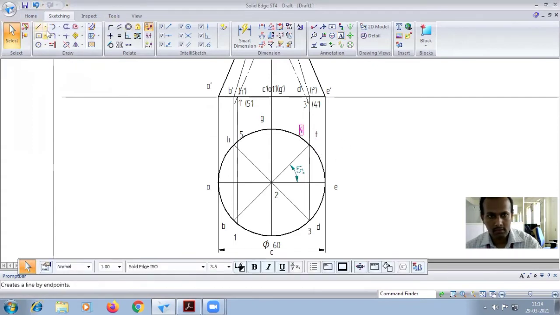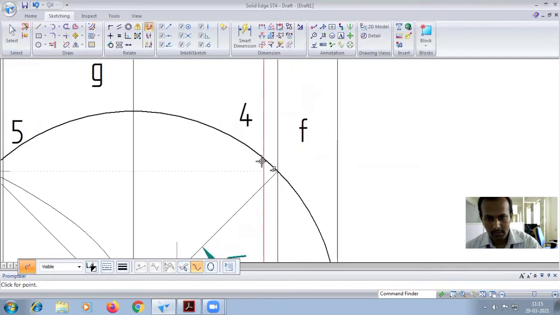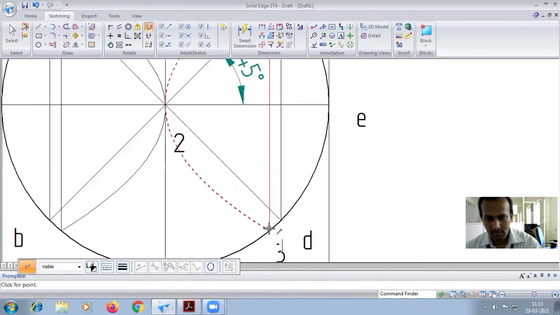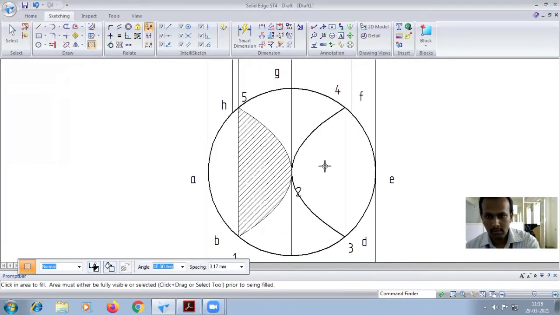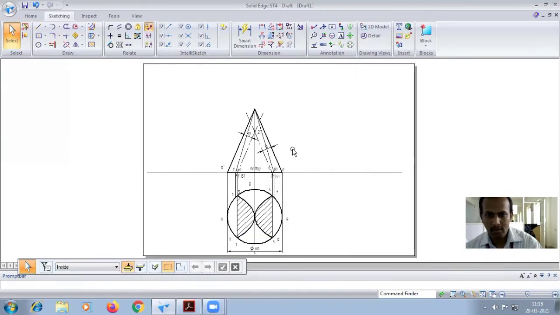Okay, no problem. After this, using the curve command, we have to draw the section part. Both left side and right side you have to complete the section part, because the section takes place on 2 sides, the parallel sides. After this you have to hatch the top view. Carefully choose thick lines for better visibility. Okay, this completes the top view.